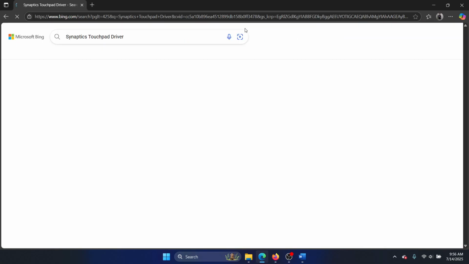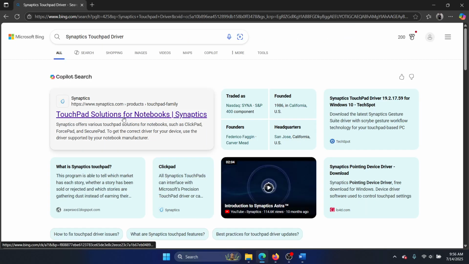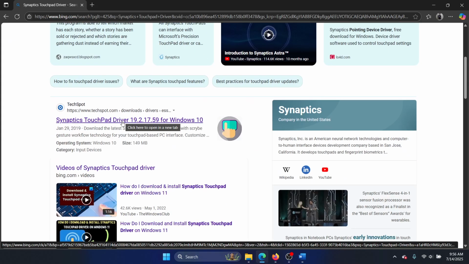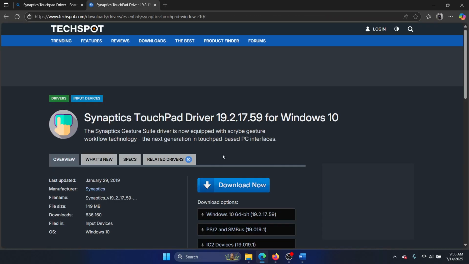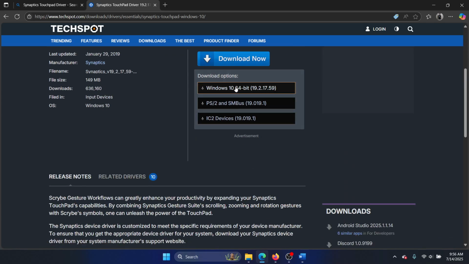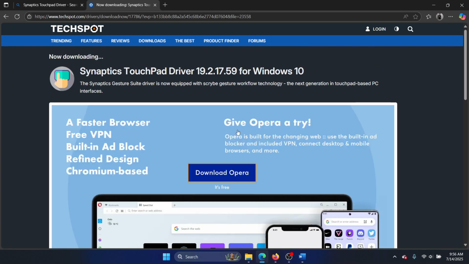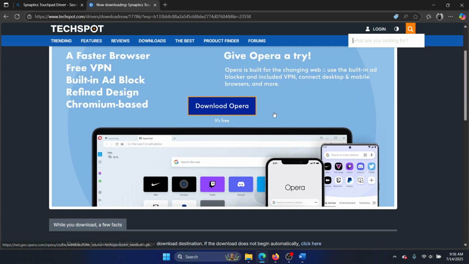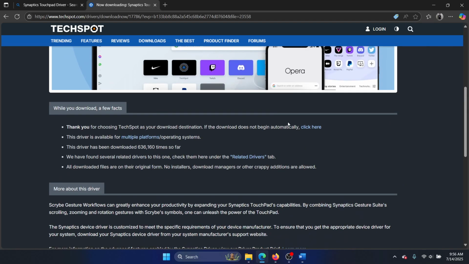So search for it in the search bar and then go to the Synaptics website to download the drivers, or you can download it from a third-party website like TechSpot. I usually use third-party websites. Simply click on download now, select the Windows version, okay, and don't download Opera along with it. We only need the Synaptics driver, and then click here,